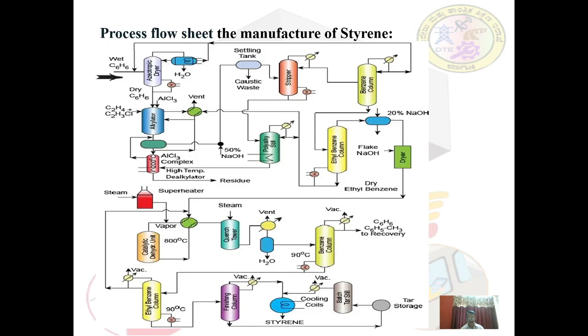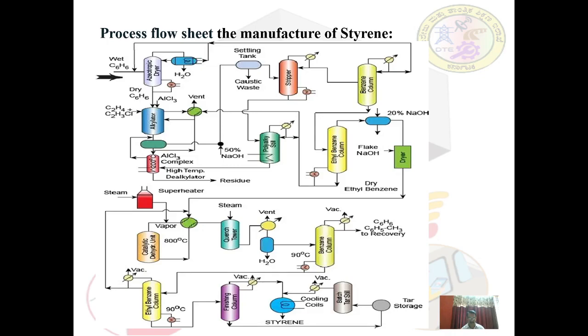The bleed off fraction is pumped to a high temperature, that is around 200 degrees Celsius, dealkylator to break down the polyethylbenzene to benzene and ethylbenzene, which are recovered and recycled back to the process. The tar residue plus aluminum trichloride is water extracted to recover 80 to 85% of aluminum trichloride, which is used